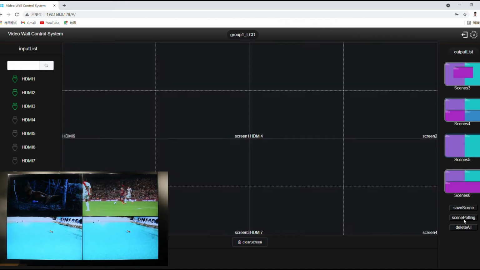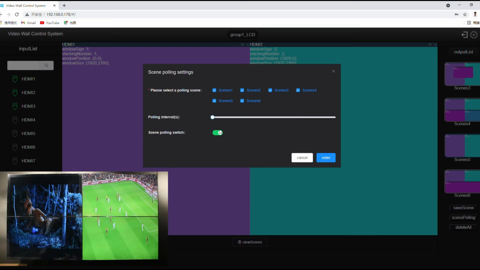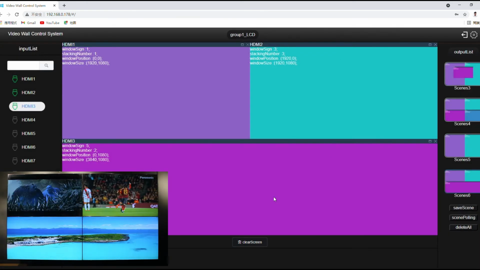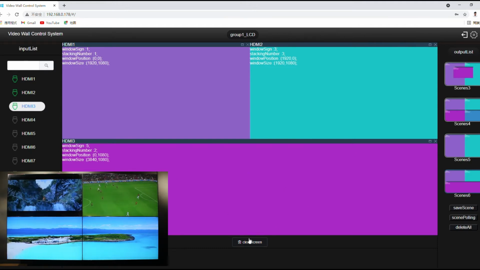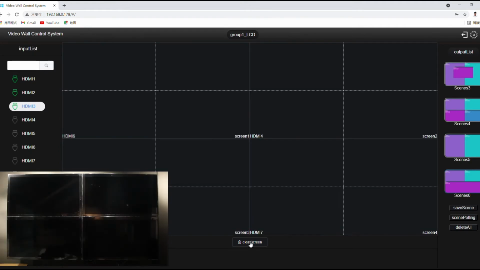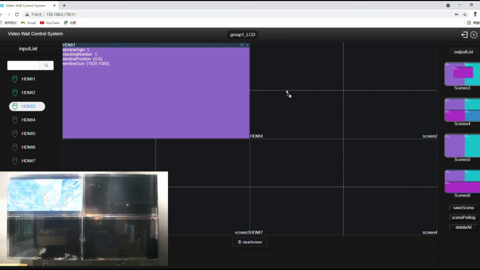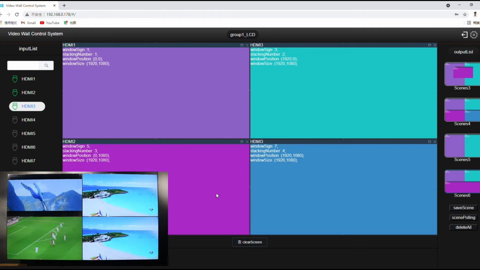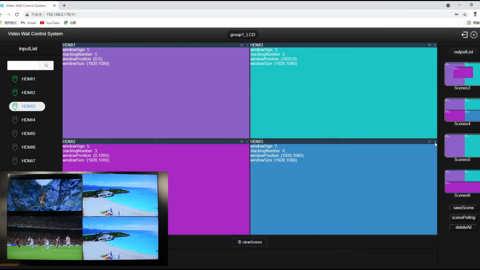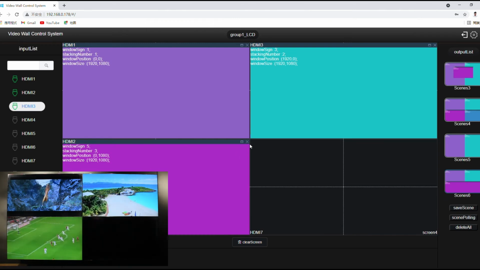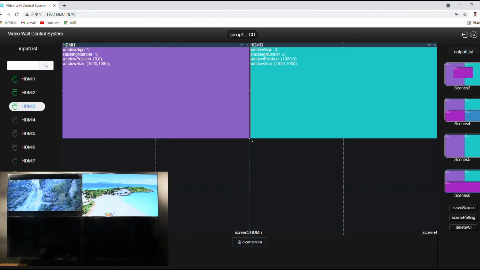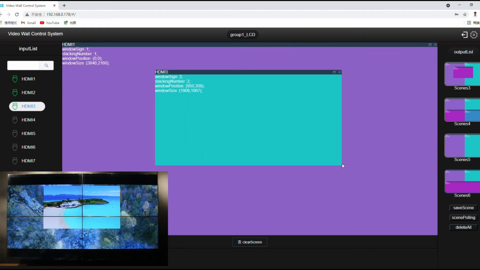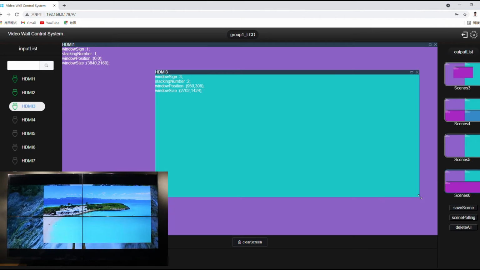Okay, if you want to stop scenes pulling, again you need to go there and just stop. Now it's stopped. If you want to clear this screen, you simply clear screen from there, and again now simply drag and drop video sources in different places. Here you can see different positions you can play. From there you can also delete some scenes, and as well as you can also zoom out and do picture in picture, zoom in, zoom out.